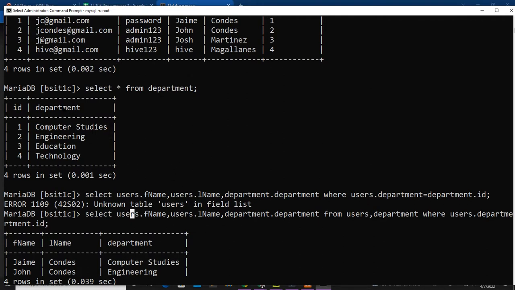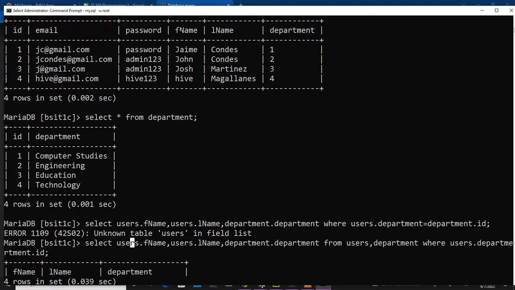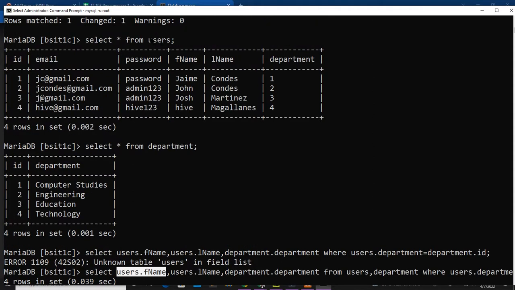So, from the users table, I will get the first name and last name. That is why I specify the table, because we're going to use two tables. So, you need to specify the address in your query. Okay? So, select users.fname, meaning the users table,